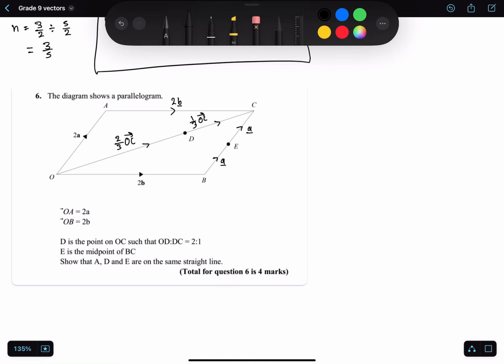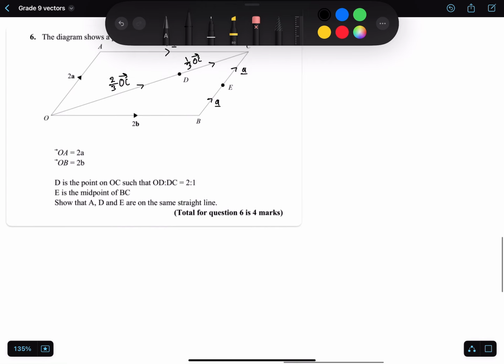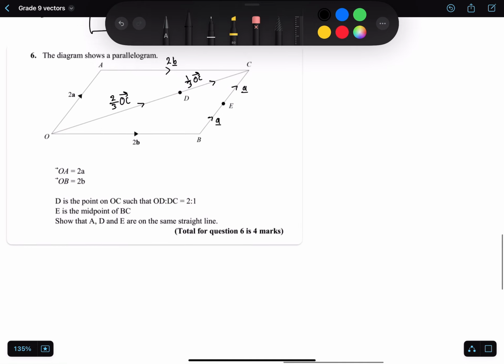And this question also asks us to show that A, D, and E are on the same straight line. And this is quite simple, as I'm going to demonstrate to you now. So again, we want to show that AD equals n DE. So for some multiple n, we can say that DE times n will give you AD, therefore they're parallel. Now, to go from A to D, we can take this pathway here,